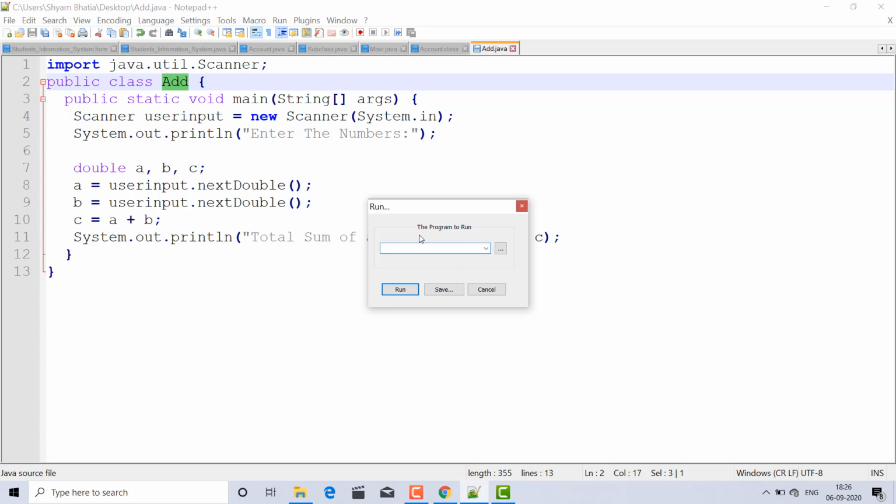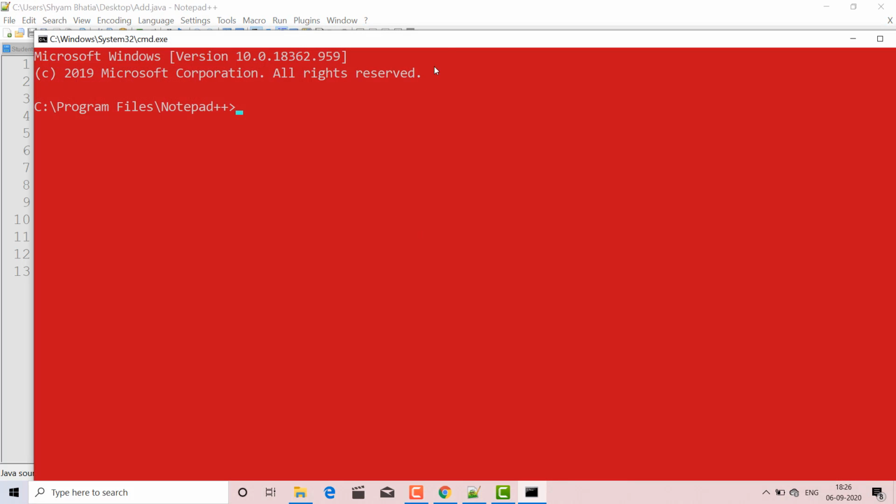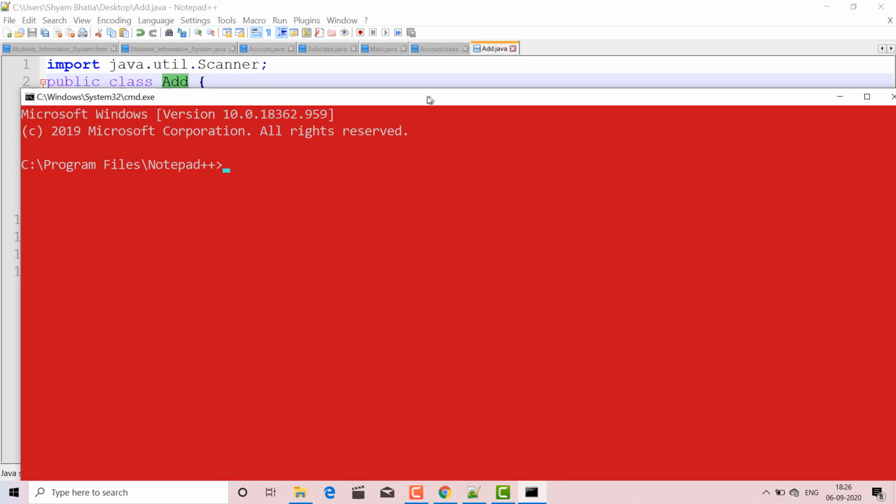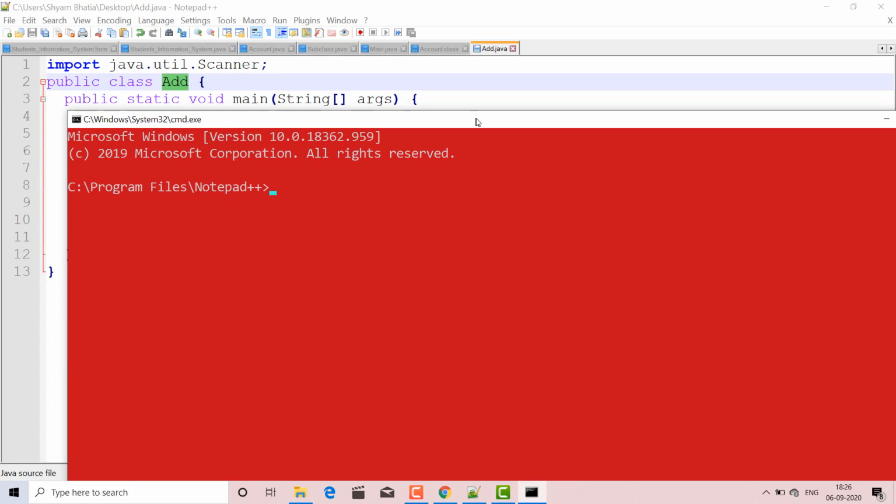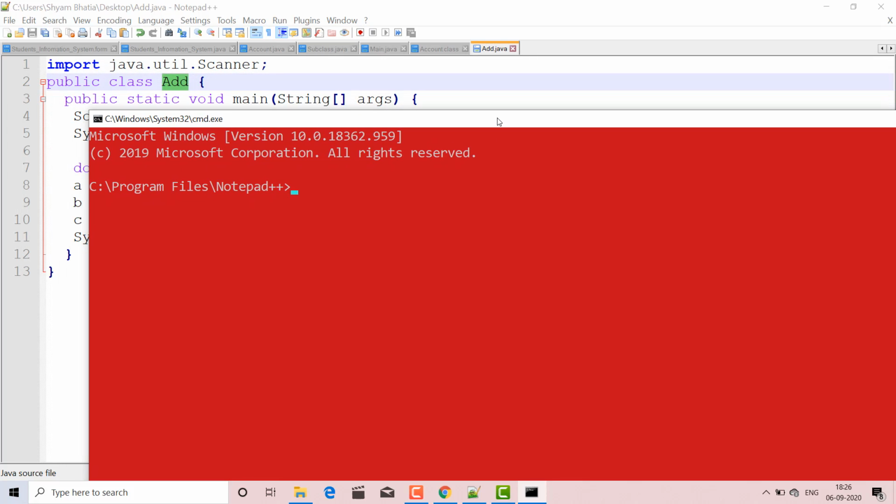Here you have to type cmd and just hit enter. At that location your command prompt has been opened, so you have to go back and come to that location.